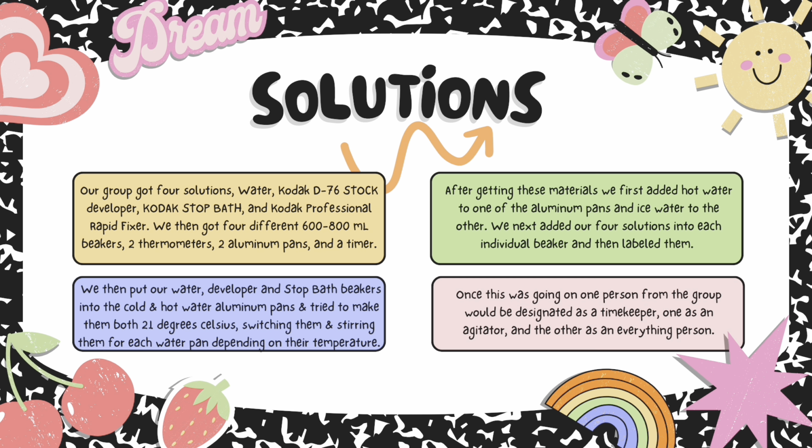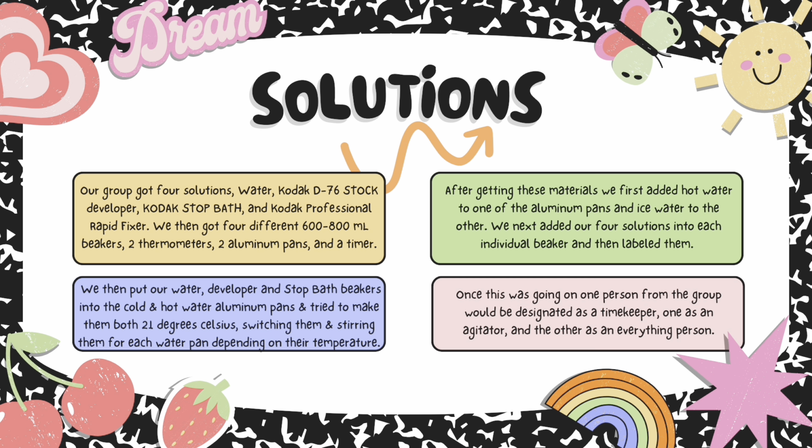After getting these materials, we added hot water to one of the aluminum pans and ice water to the other. We next added our 4 solutions into each individual beaker and then labeled it. We then put our water, developer, and stop bath beakers into the cold and hot water in the aluminum pans and tried to make them both 21 degrees Celsius, switching them and stirring them for each water pan depending on